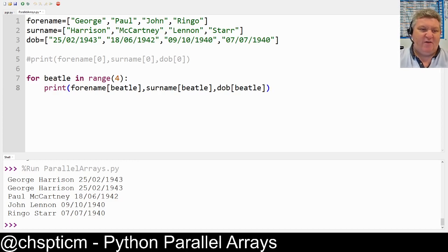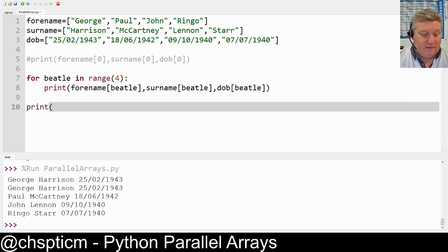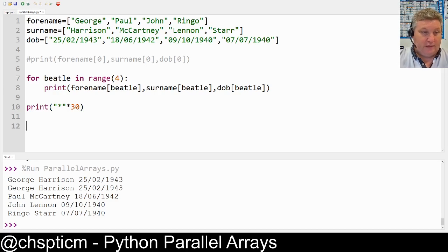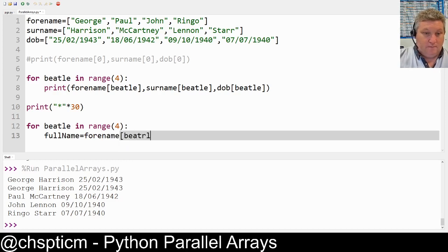But it'd be nice if it looked a little bit better, so let's make it look just a little bit nicer as a table when we print it out. So what I'll do is leave that in lines 7 and 8, and I'll throw a line of stars in to get it out of the way. Okay, and then exactly the same thing: for Beatle in range 4, full name equals forename Beatle